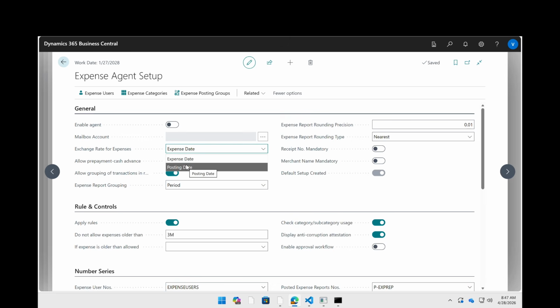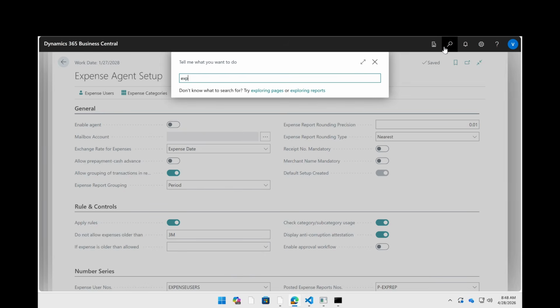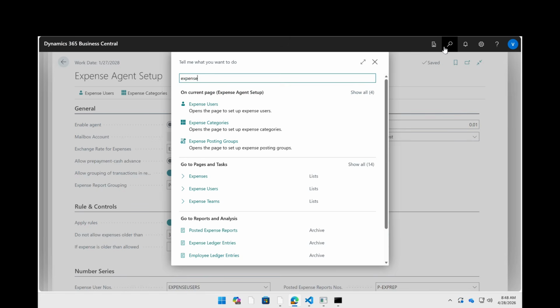So if you are saying expense date, you are going to get paid the $100 based on that day. And if you choose posting date, then whatever the exchange rate is on that day, you're going to get paid on that date. Now the important thing here is that there will be a rounding difference when you post it based on the expense date. We'll see an example in a minute, but